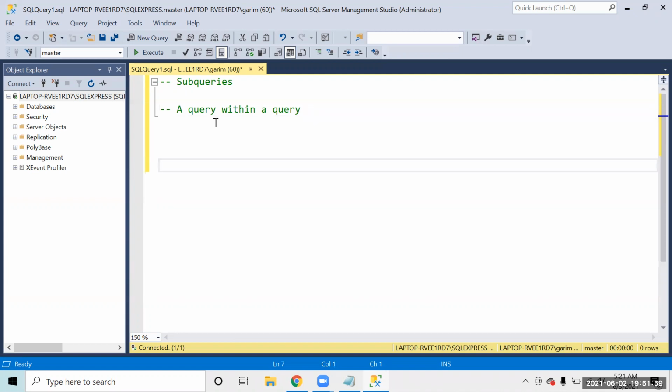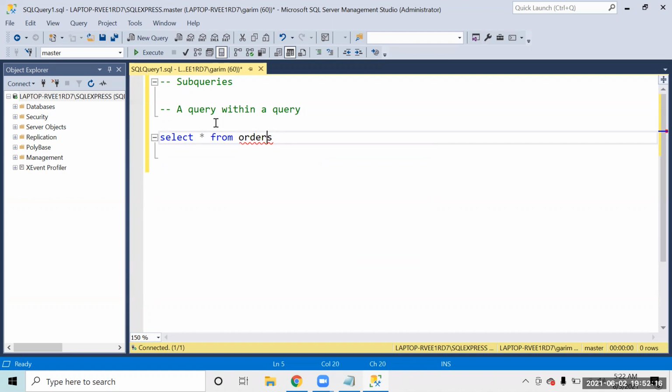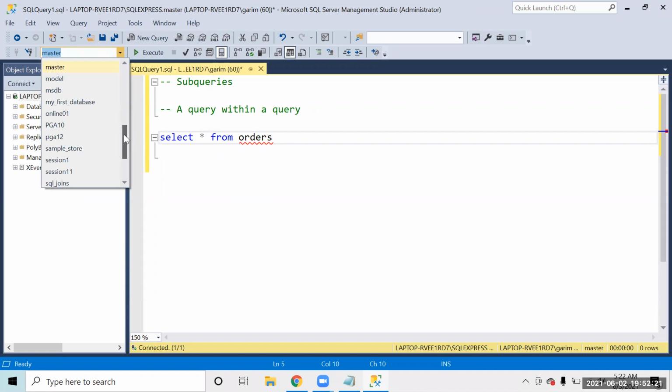Like, for example, I'll give you a very small example over here. If I say select star from orders, this is a query that I've written. Let me just activate the database.